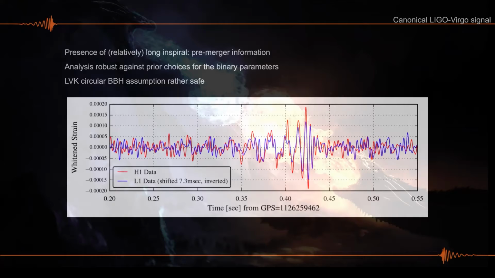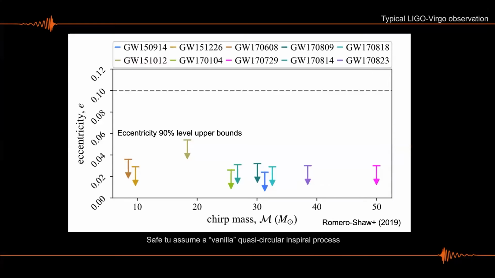Okay, so as I said, this is the typical signal we observe in LIGO-Virgo. And this means that we know pretty well what model to use to fit these things. We found that the typical model that we use, that is two black holes spiraling into each other in a circular way without eccentricity, is a pretty safe assumption to analyze all of this, because we get a lot of information on the inspiral dynamics. And in fact, there have been searches for deviations from this circularity in LIGO-Virgo events, namely searches for eccentricity in the system. And for most of the events, the bounds that we have placed are pretty tight.